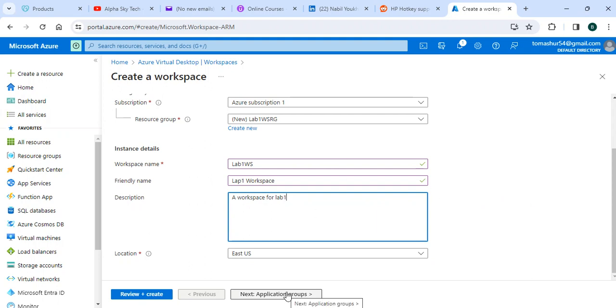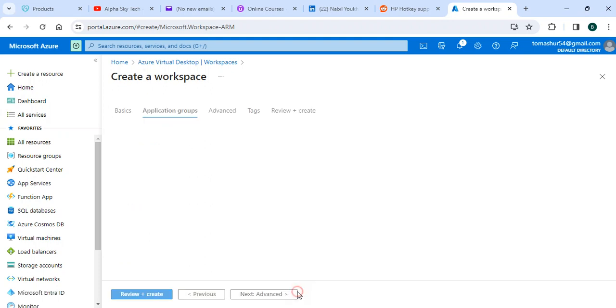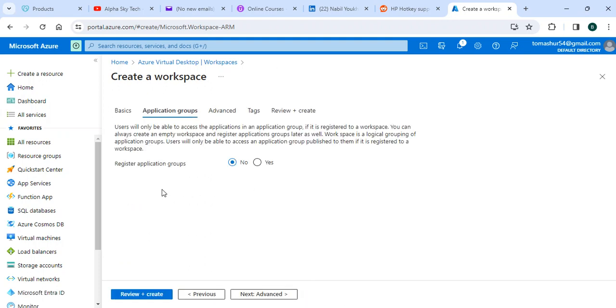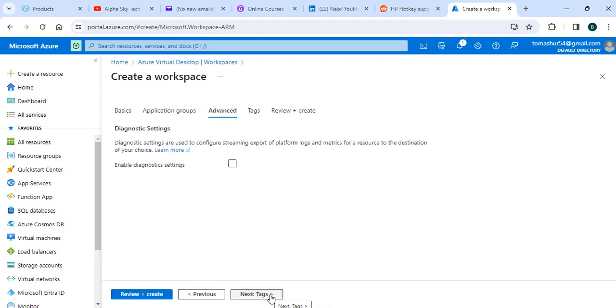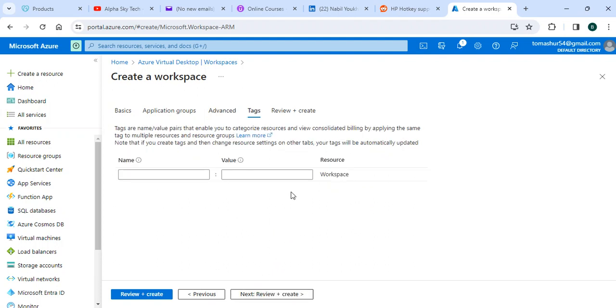And next we're going to go to, as you can see here, the application group. We'll leave the application group as is for now, not to be registered. And then for advanced, we're going to leave that unchecked also. There are some new features. Microsoft adds new features practically every minute in here. So we'll leave that. And then for tags, it's optional, so you can have the tags in there or not. And then after that you go to